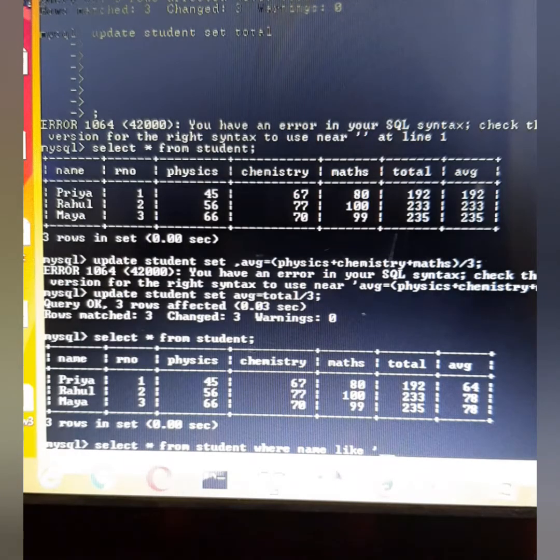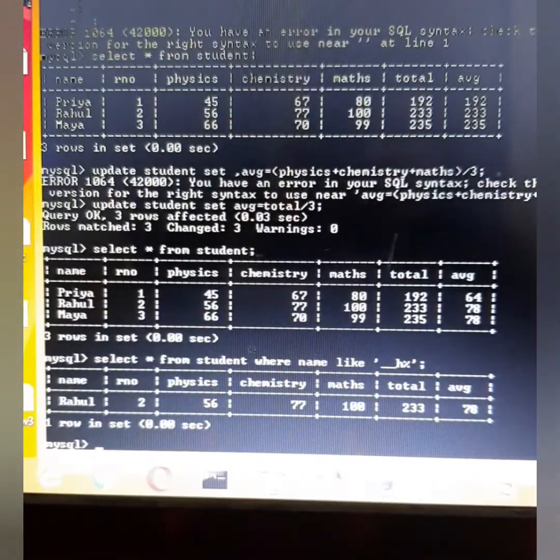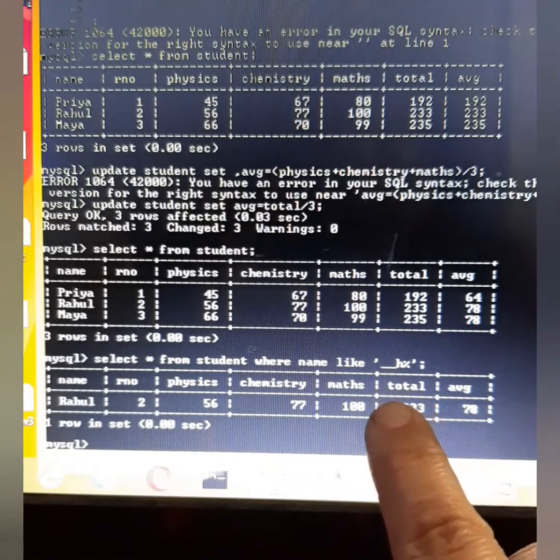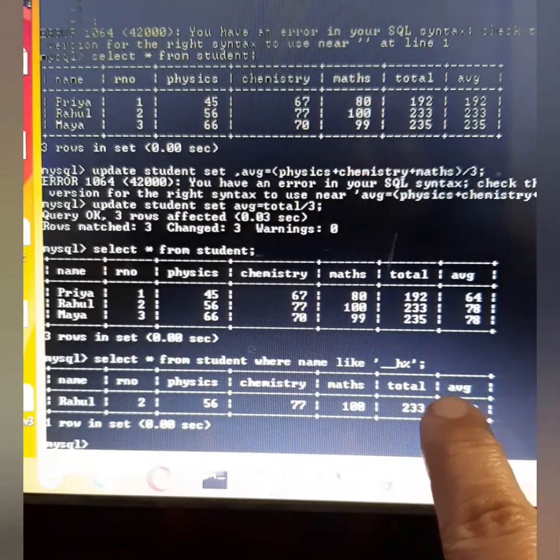First 2 letters I do not know. Then I know definitely the third is H, and then percentage means after that how many characters are there I do not know. So it will display only the record of Rahul. So like is used for checking the patterns.